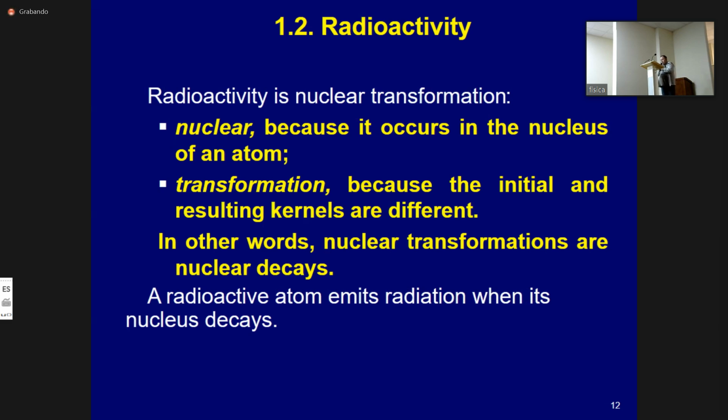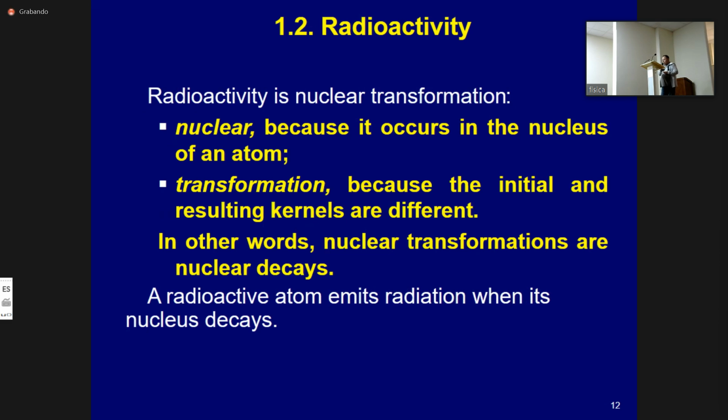What is important to remember here is that radioactivity is a process, not a state. The fact that a substance is radioactive means that it emits radiation as a result of the nuclear transformation of some of the radionuclides it contains. The amount of radioactivity depends on the intensity of the decay process.